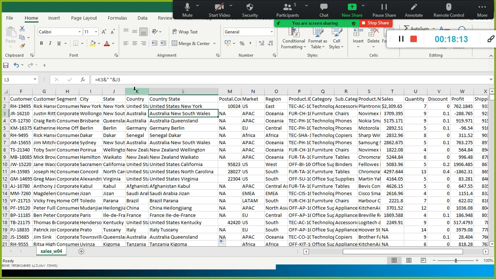But here Australia is a country name, a single word, but the state name has two blank spaces within it. So this is quite a challenging one. In that kind of situation, do you think we can use this one to do it?